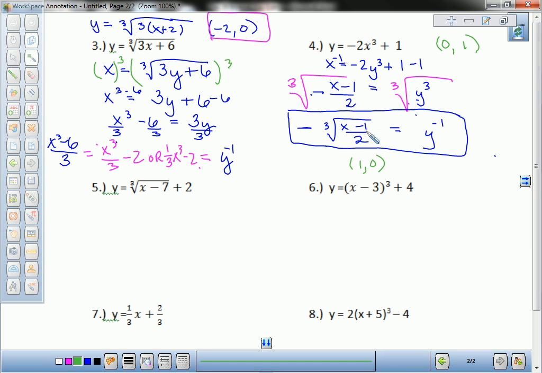You have to isolate the cube or the cubed root first. Now in number 3, the cubed root was already isolated. That's why we immediately cubed both sides. But in number 4, the cube was not isolated. We had 2 things that had to move first before we could do it. Now number 5, how many things need to move? 1 thing needs to move, so that we can isolate that cubed root of number 5. All right, so let's do it. Let's start with number 5. So step 1 is always